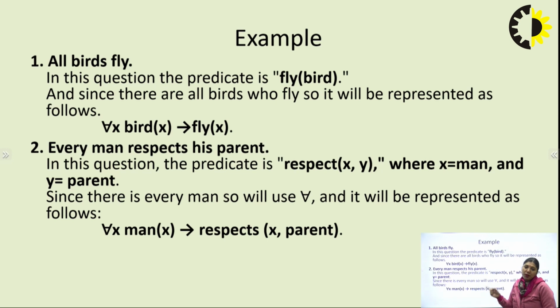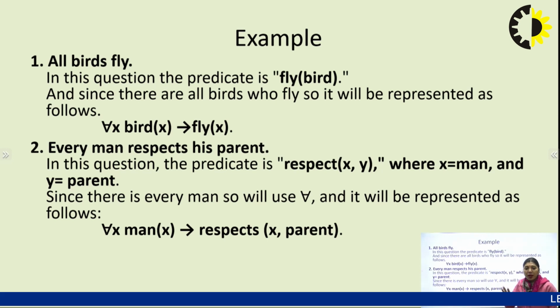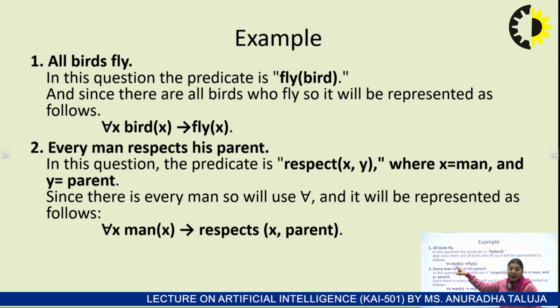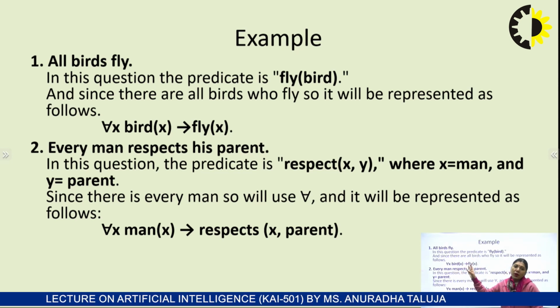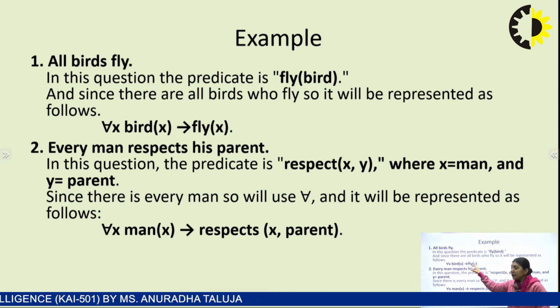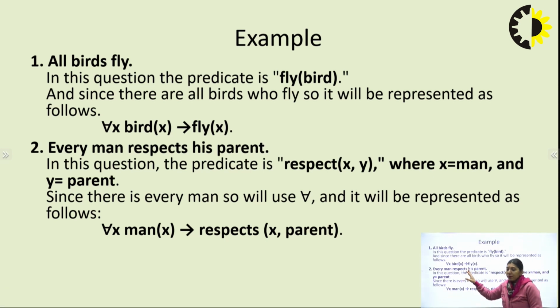मैं फिर वही रूल दोबारा आपको याद दिला रही हूँ, क्योंकि हम सारी birds की बात कर रहे हैं. We're talking about for all, for everyone, for all the birds we're talking. So we are using this symbol, that is your opposite A, that is your universal quantifier. Sorry, and we are using the implication symbol for that. Okay beta.